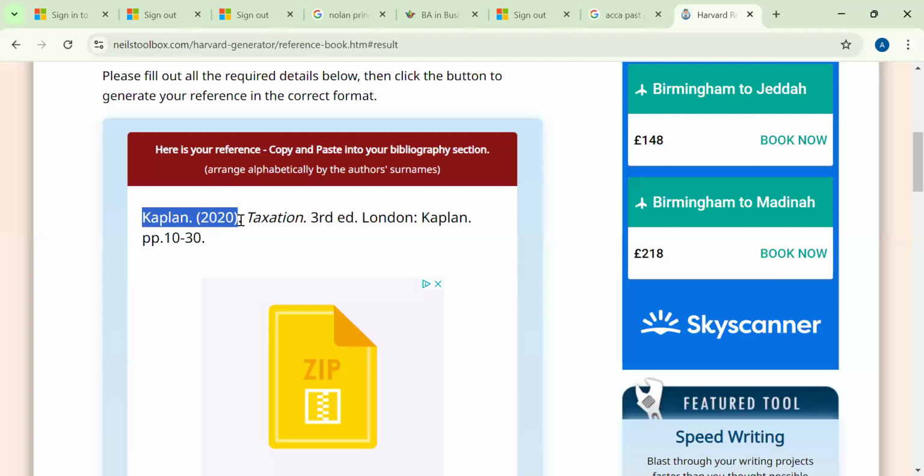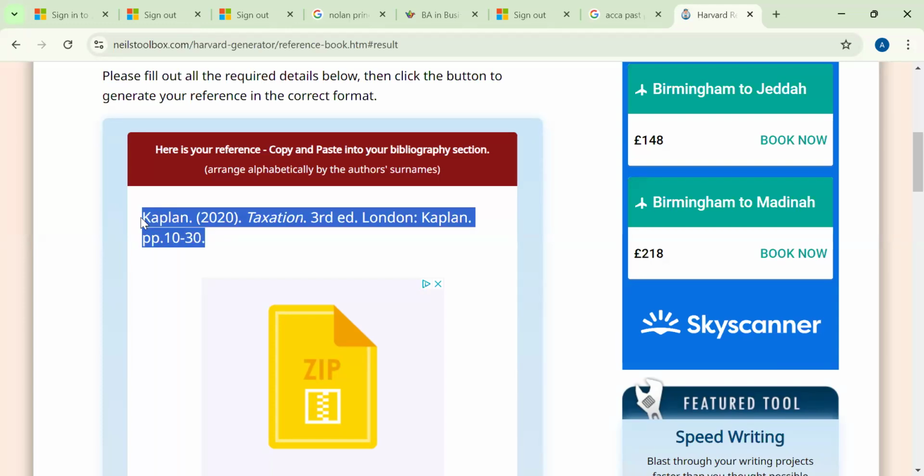Okay, so Kaplan 2020. I will start with "according to Kaplan 2020" and whatever you want to write within the report or within the assignment. If I'm reading it and wonder what Kaplan 2020 means, I can go to the reference page and see, oh yes, it's a third edition book you read. Do I put the reference before or after my statement? We have to generate the reference page, so I'll put it on the reference page.